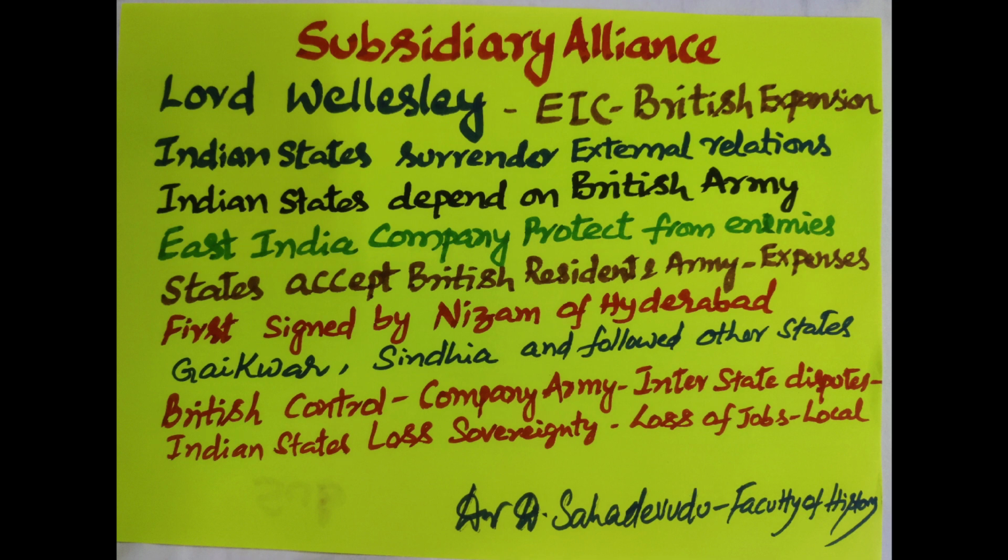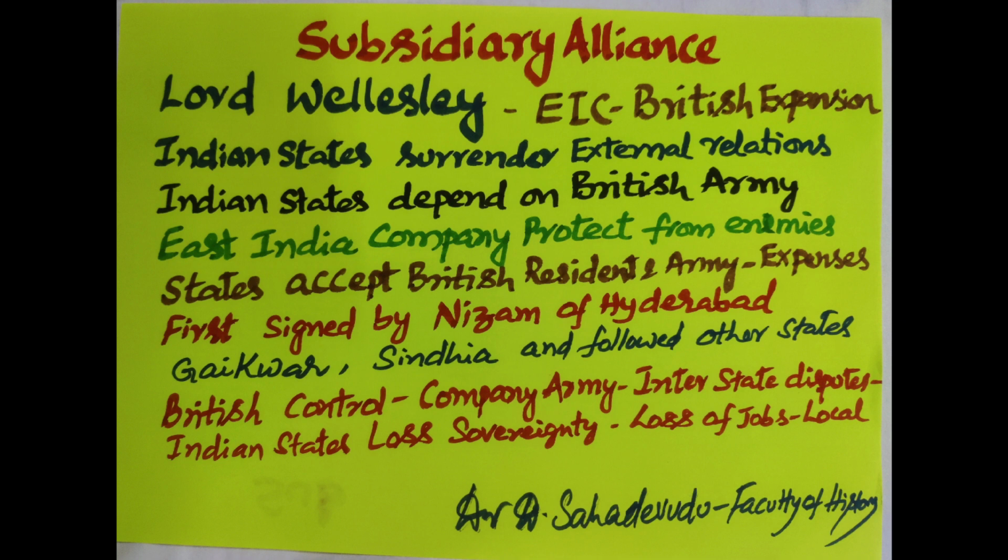Financial control. The British East India Company often took control of states' finances, managing their revenue and expenditures. This gave the company significant influence over the economic policies of the princely state. Dependence on British protection. The princely state became dependent on British military support, and in return, the British guaranteed protection